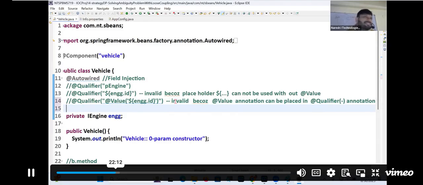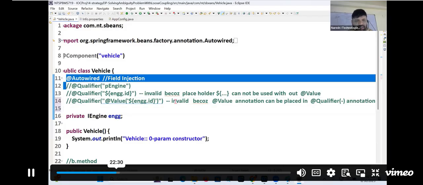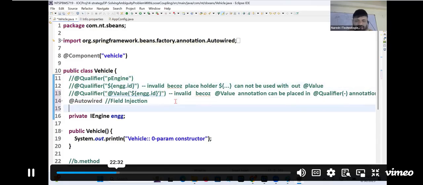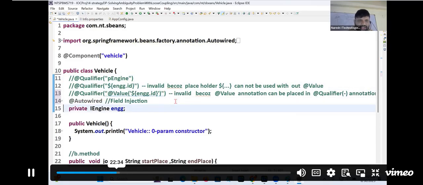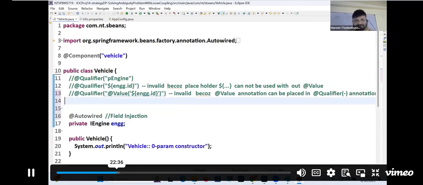Sir, everything you are only saying, you are only revealing. What is the solution, sir? Okay, can I try this one? Inject into one string variable and pass the string variable inside the qualifier annotation. Hey, come on. Please try to understand the situation, guys. Inject with at the rate autowired is there. That's good. Okay. Here, what I do is